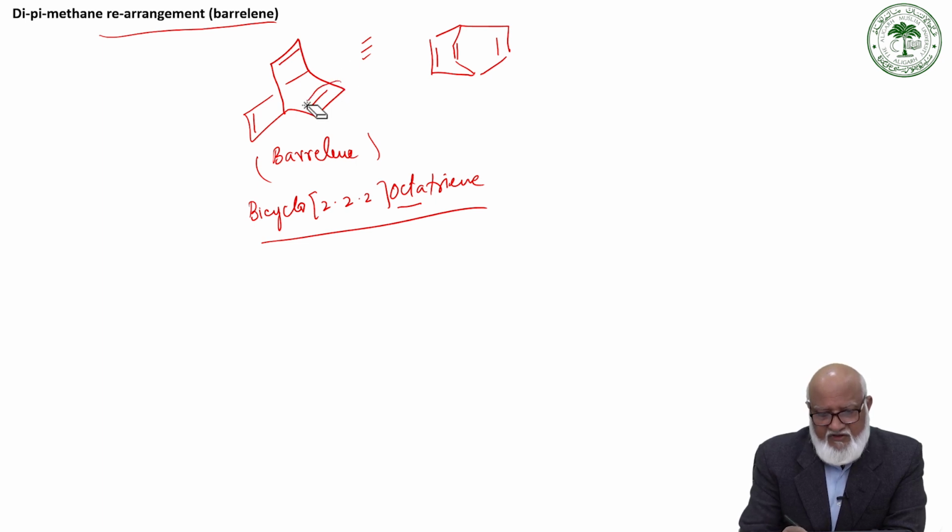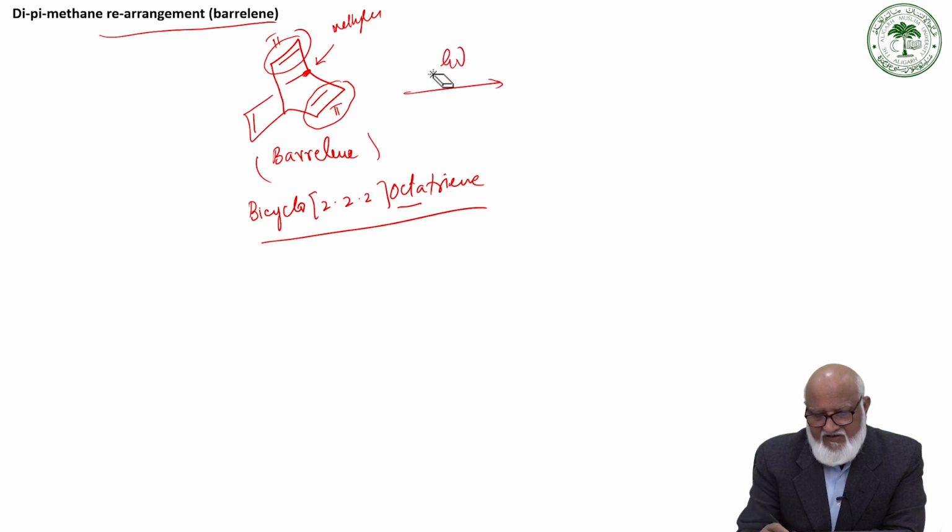if we take any two double bonds, we take this double bond and this double bond, these two are separated by a methylene group. One pi bond and another pi bond separated by a methylene group. So this is nicely set for photolytic conditions. In the photolytic condition, this is nicely set.